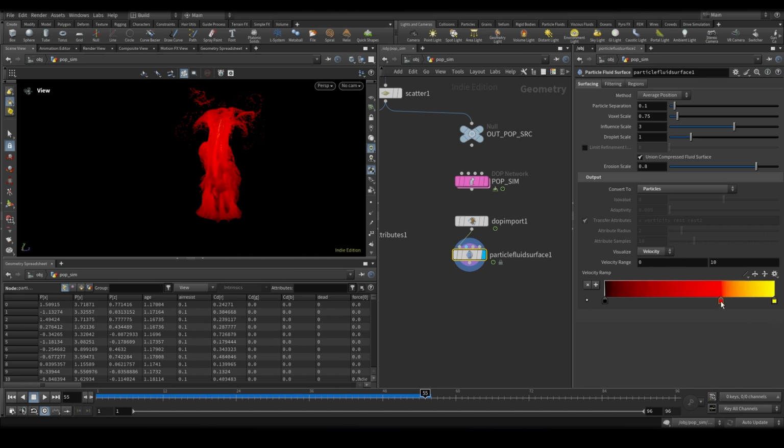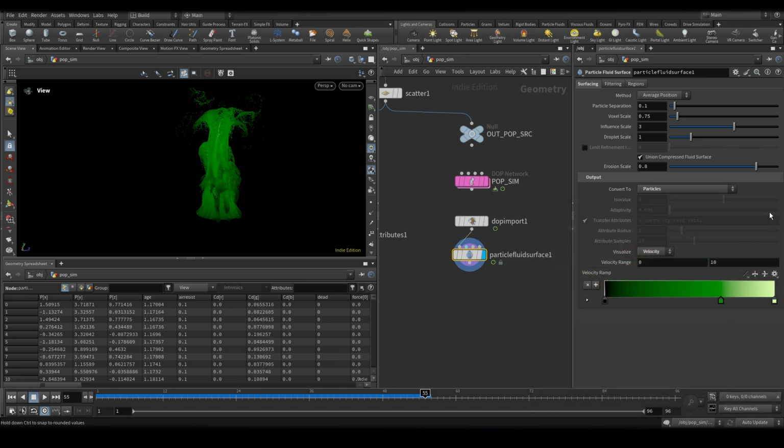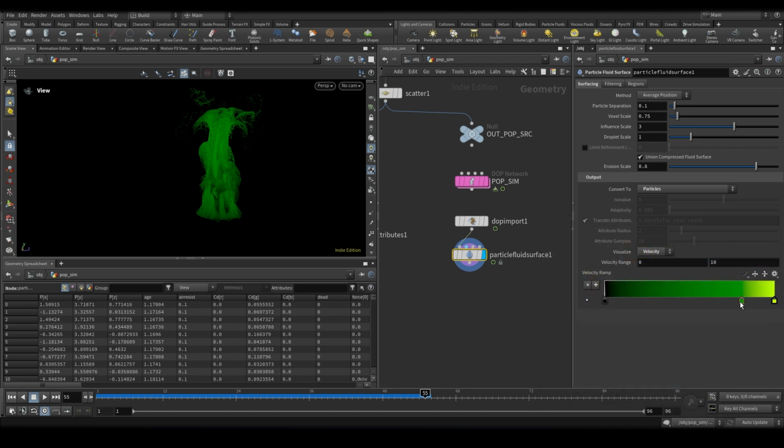Let's get a little bit more creative, right? Let's do like a green. And here we could do the lime green. And make this a little bit brighter, right? Then on here, you can make this a little bit darker. And then under our visualize, you actually bring this up just a tad bit more, right? We can play with these settings so we can get a little bit more of this end into our sim,